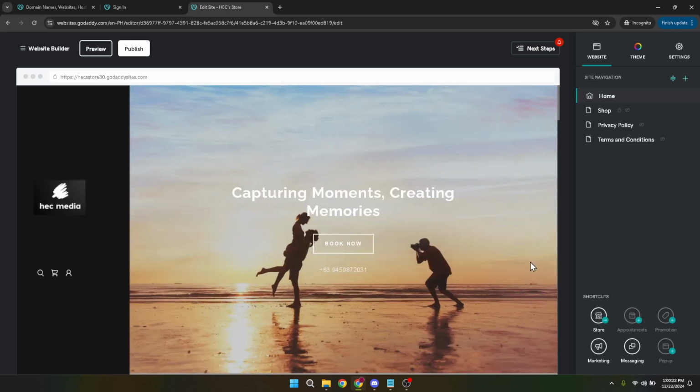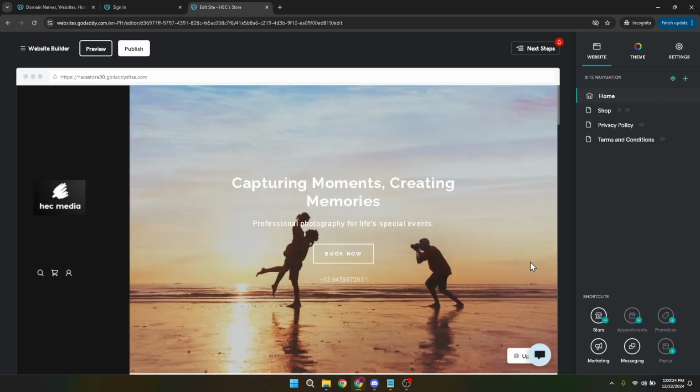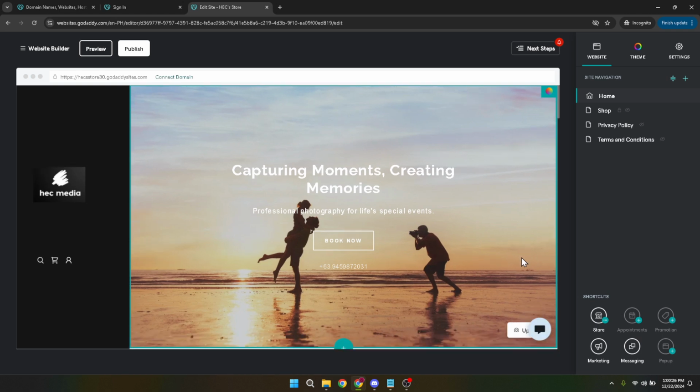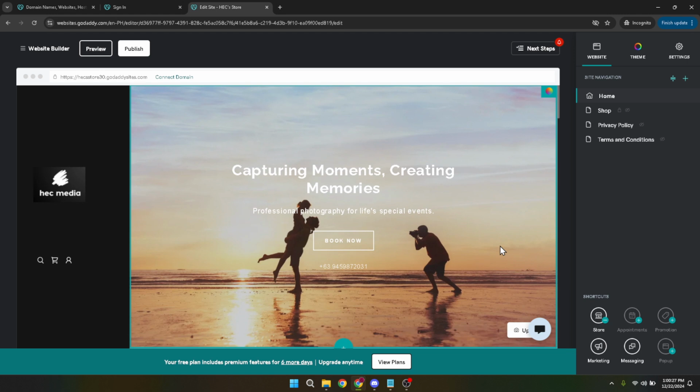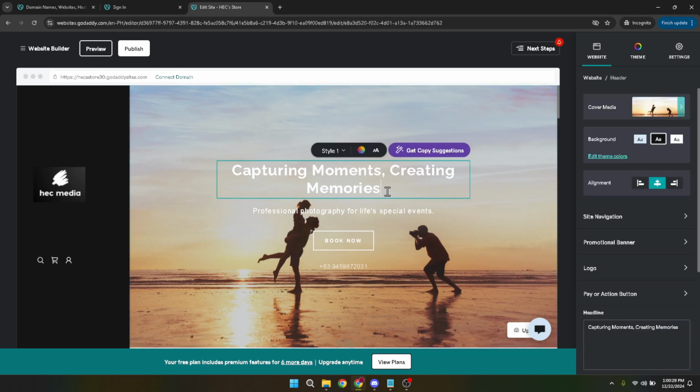Click on this to access your website builder, where you can unleash your creativity and edit your website to your heart's content. Editing your website is where the fun begins. Whether you're updating text, adding new images, or changing your layout, GoDaddy's website builder is designed to be user-friendly. Click on any element you wish to edit and make your changes directly. The link provided in the instructions takes you specifically to the editing page, but remember, your unique link will differ. It's important to ensure you're working on the correct web page.